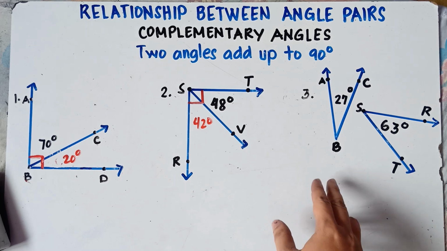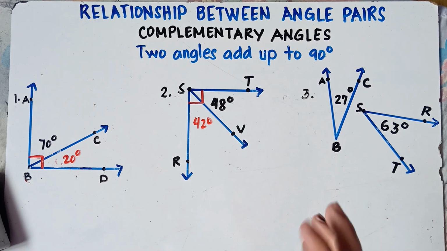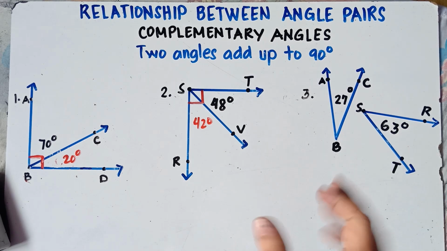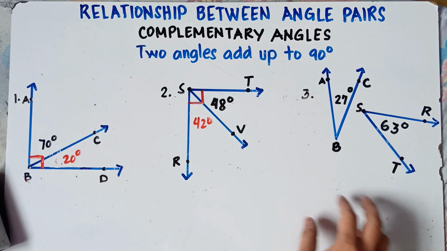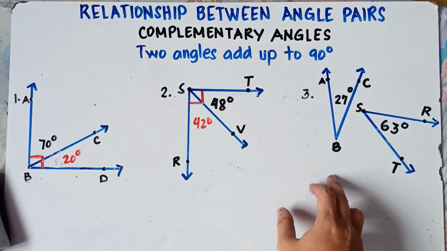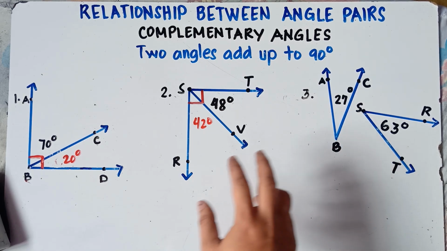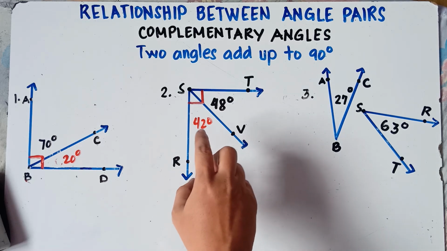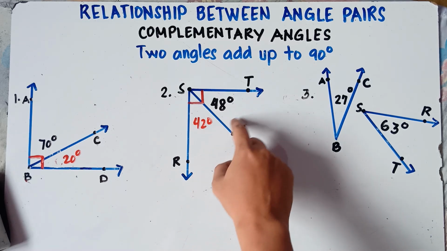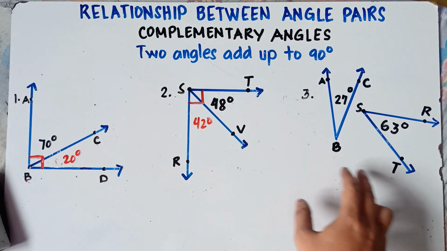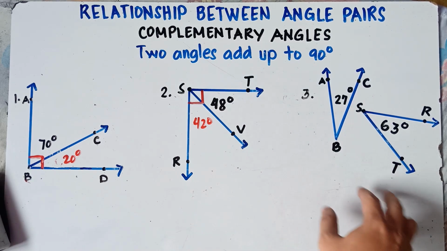Now, if we add the two angles, class, if the sum is 90 degrees, therefore the two angles are complementary angles even if the angles are not close to each other. So once again, example number 3 is very different from example number 2, right? Because in example number 2, the two angles are close to each other. This time, the two angles are apart. They're not close to each other.